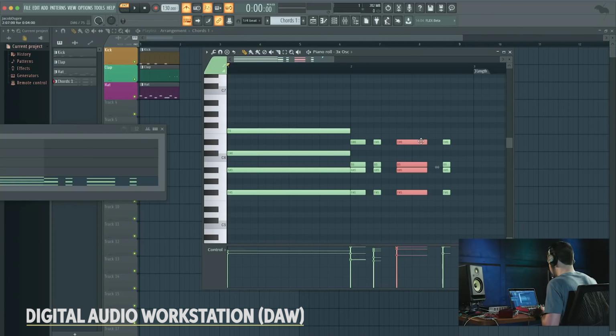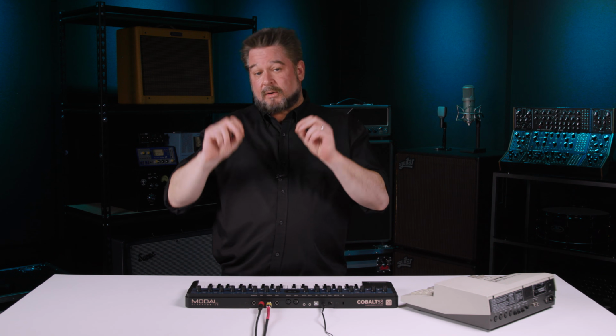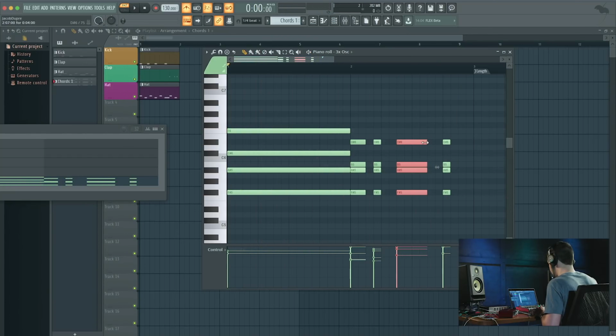And in the last 25 years, a really big development of sequencing, of course, is the digital audio workstation. That's where you have an application on your computer or smart device where not only can you record all of the notes in either real time or step time, but then you can see them on a screen, either written as notes or these things called piano roll, where you see them as little ovals that show each note and the duration. And you can click on them and drag them. You can change anything about them. You can cut, copy, and paste. And